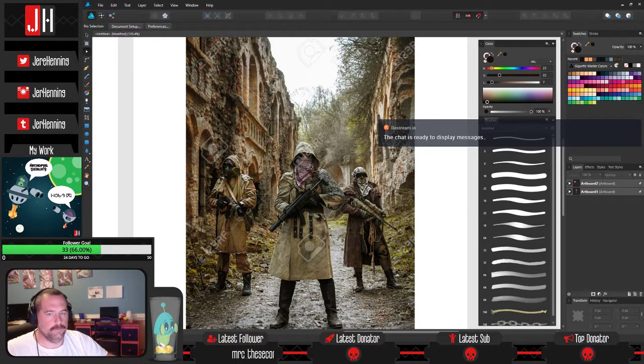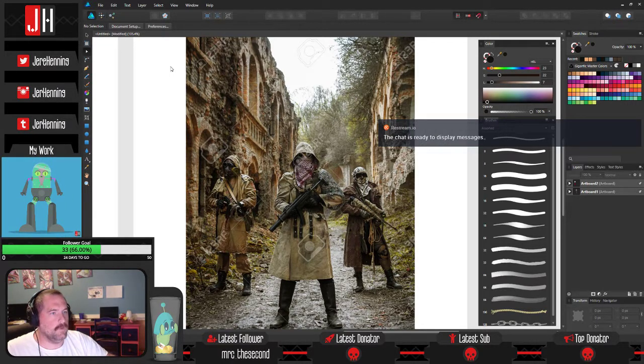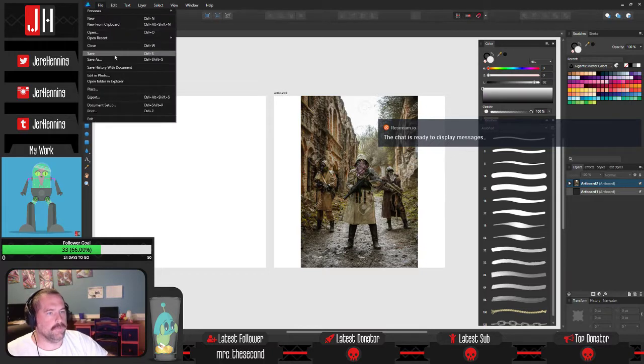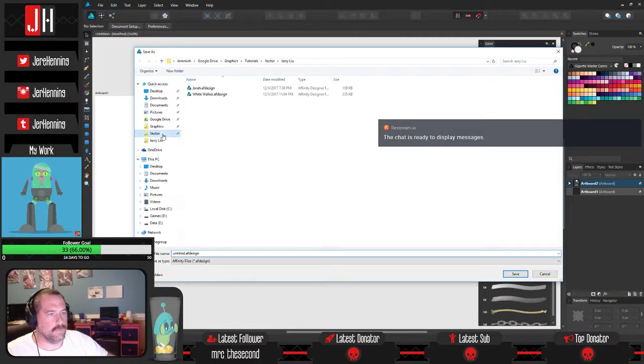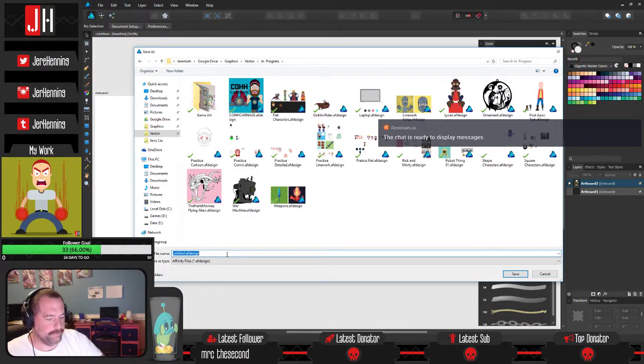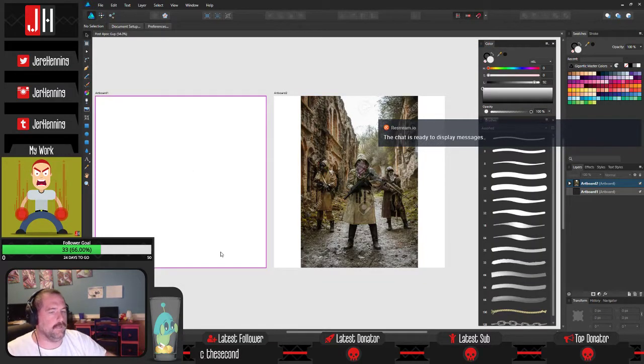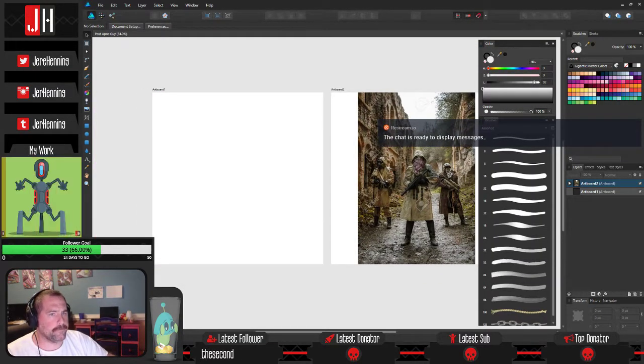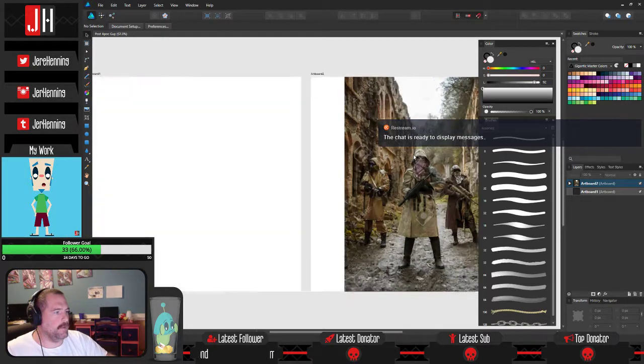So what we're going to do, first we're going to save this. I usually save this. I have an in progress folder that I use to store everything in. So we're going to go, whoops, in progress, and we'll call it Post Apoc Guide. Okay? And my goal here is to kind of, let's see how we want to do this. If that's going to be our reference image, then